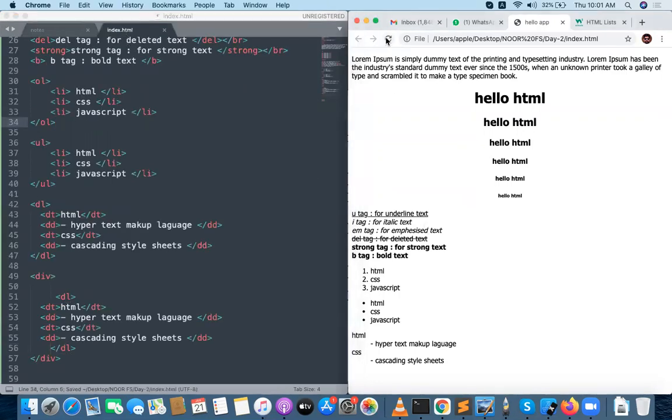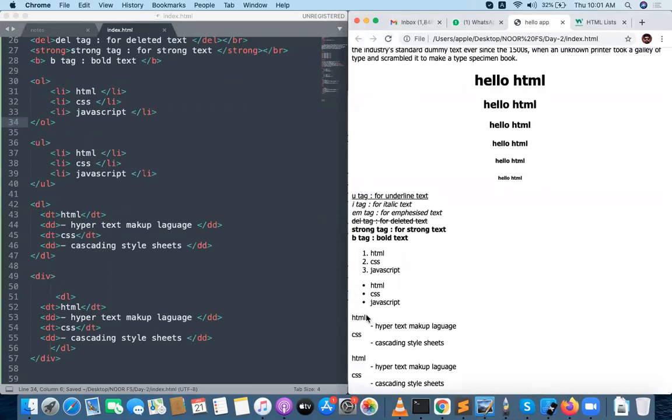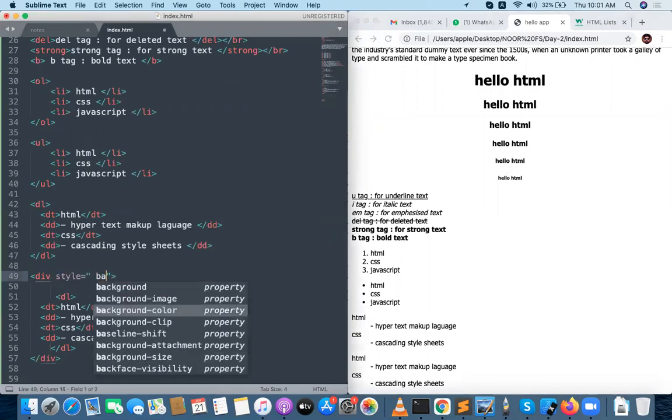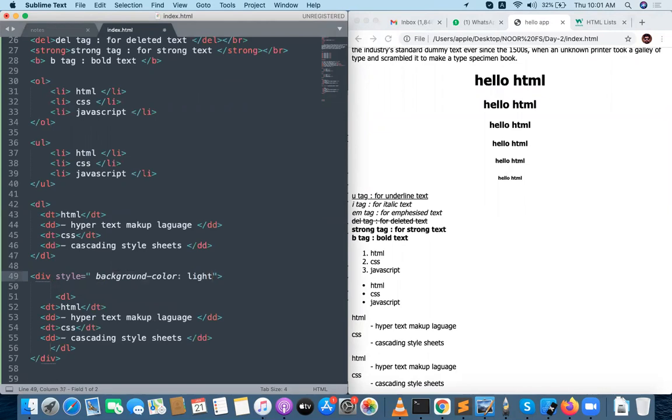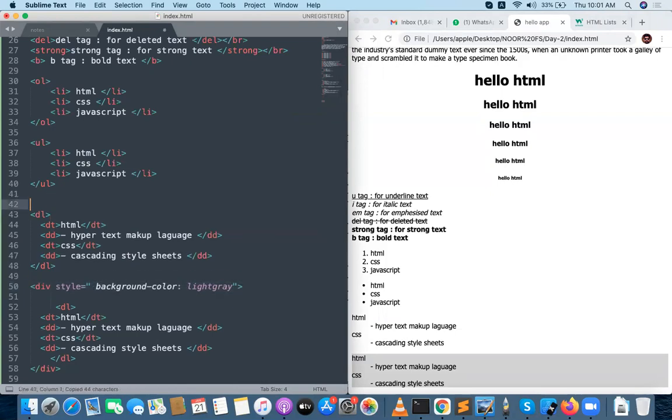When I take a division, automatically, you see there is no difference between this normal one and the div, right? We put a simple style, but don't worry about the style, I will tell you later. I'm putting a light gray color for the div only for understanding purposes, so that section is a different section. A division section is a separate section. And let me take a div here also. This is a separate div and this is a separate div.